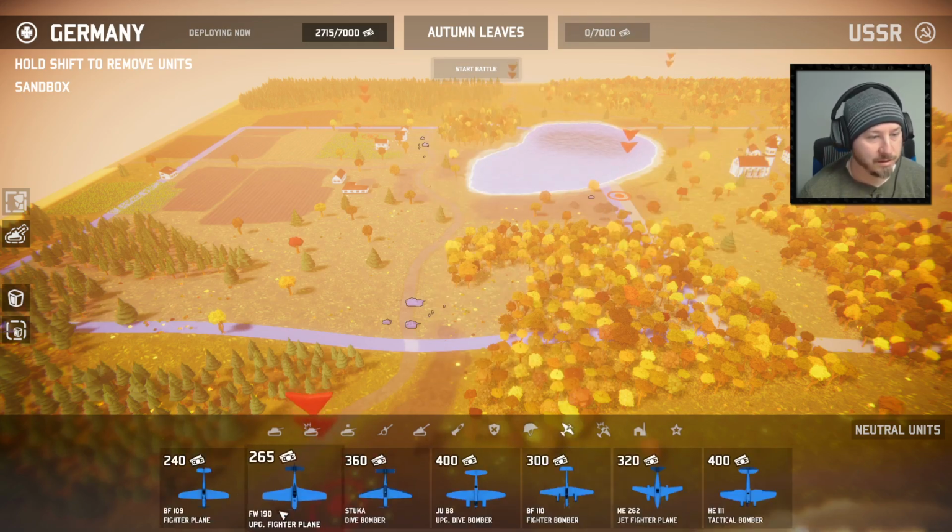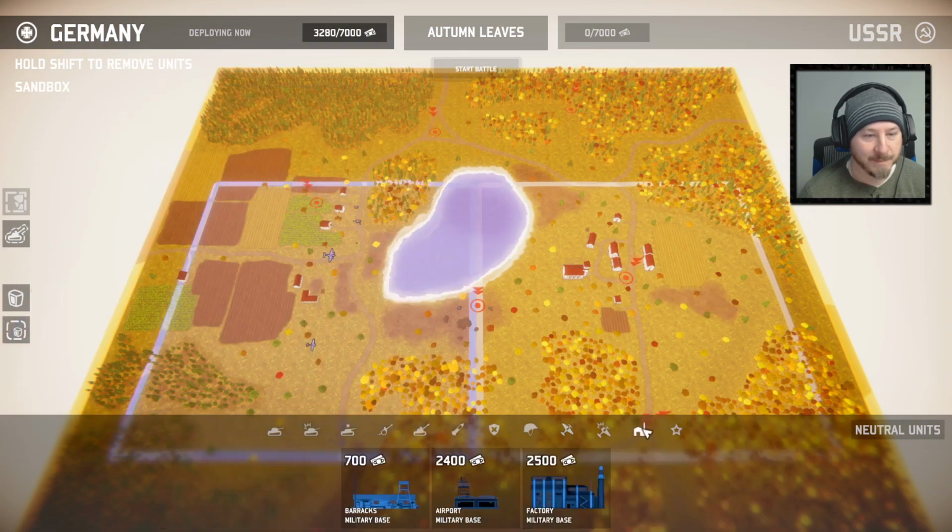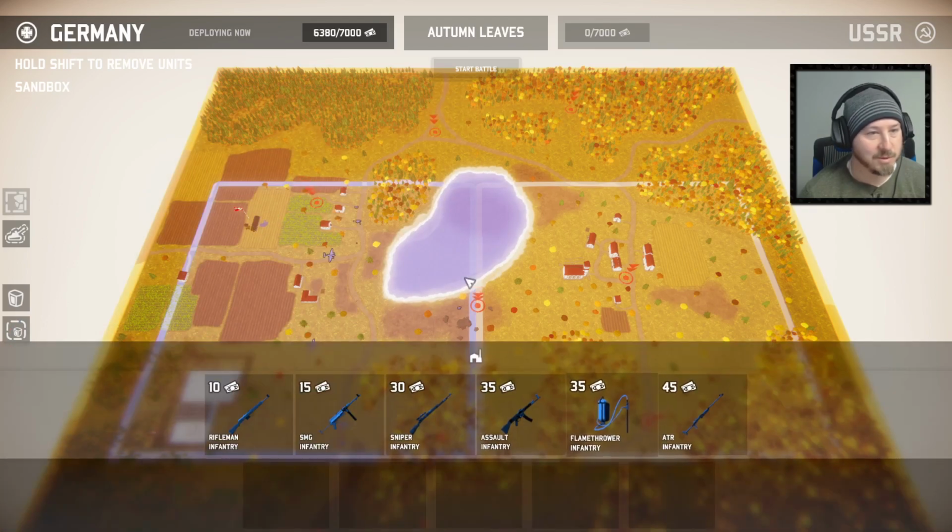Let's see here. We'll put in a couple planes, because why not? Because they're fun. You can also place buildings, so you can put in an airport if you like. So we'll put an airport here. You can also make a barracks. You can do stuff like that, which is pretty cool. Let's switch over to